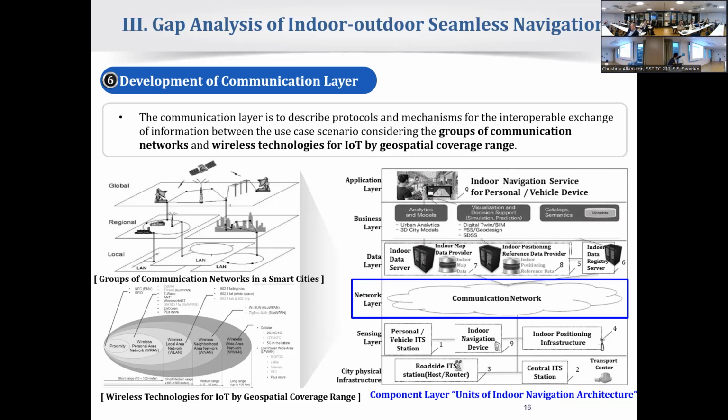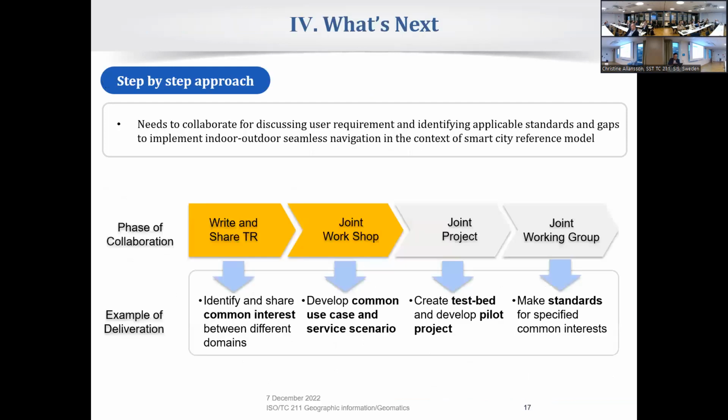So there are different geospatial coverage ranges and IoT coverage ranges that we need to consider, and those are not really the realm of our TC so far, but we may have to look at how they are relevant to us. And before I move to this what's next page,